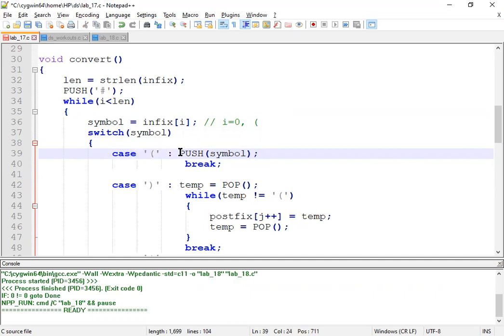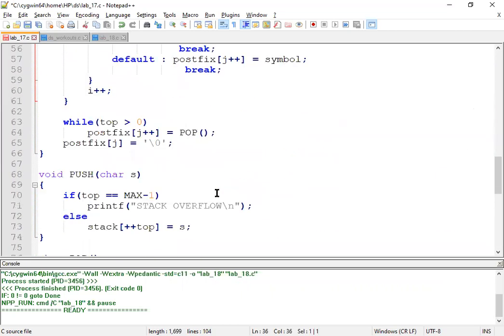What are the statements of this case? There are two statements. The first one is push the symbol. Now the push function will be called, and the symbol stores the open parenthesis.